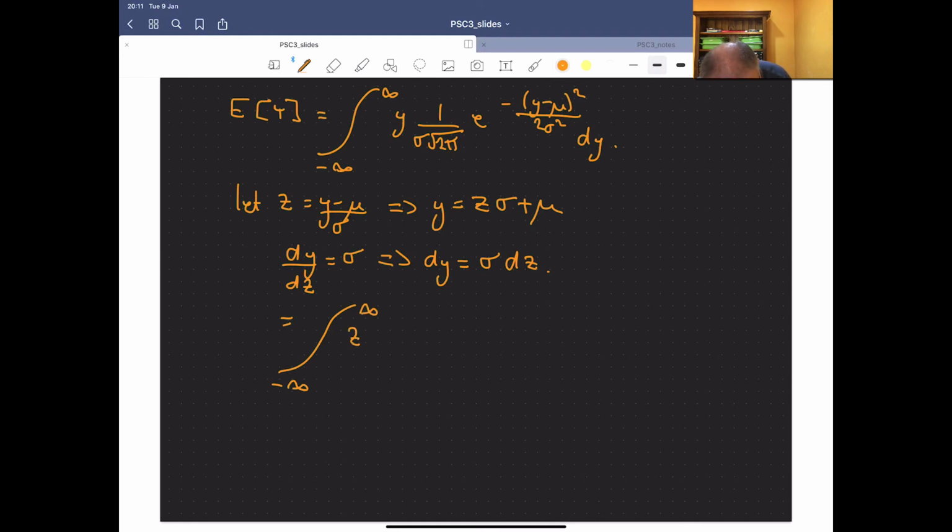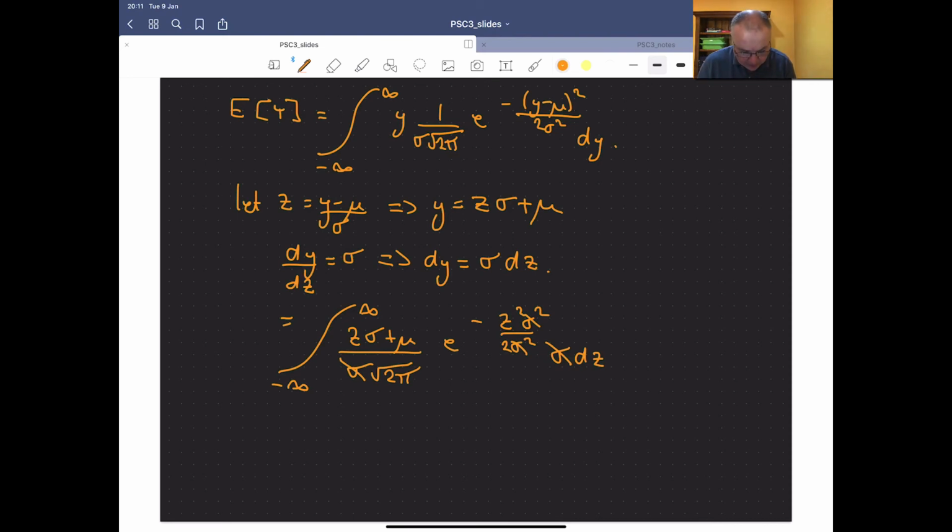We've got (z sigma plus mu) over sigma root 2 pi, e to the minus, you substitute in, you'll get z squared sigma squared on 2 sigma squared, and then the dy replaced with a sigma dz. Those cancel,